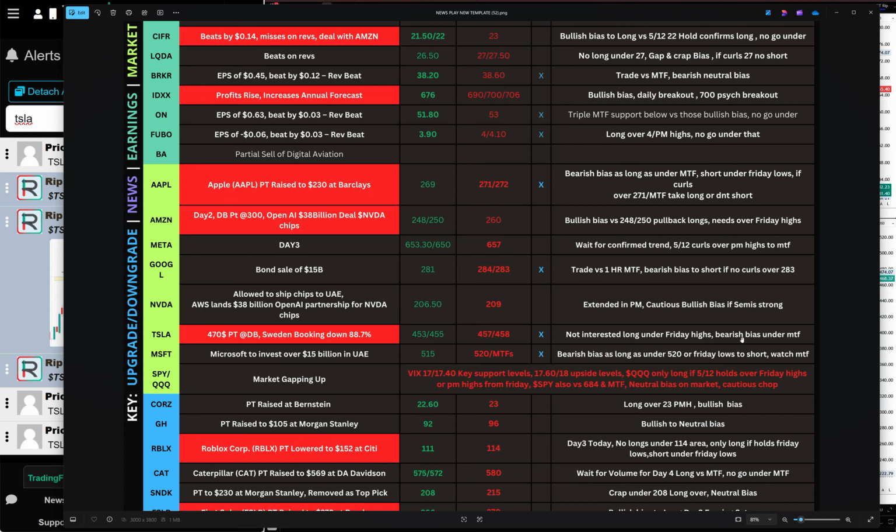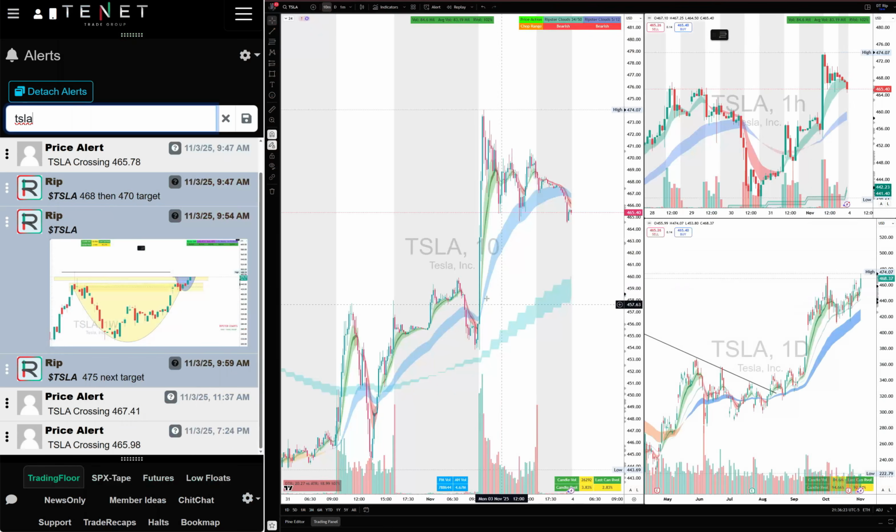Tesla, not interested under Friday highs. So as soon as it pushes over the Friday highs, you take it long. There's always look at flow. When I was on voice, I kept telling the traders a lot of flow coming in, a lot of flow coming in. And it also has this weekly flag setup. So the levels at 470, the next target I gave was 475. We did not really hit the 475, but it had moved 100% ATR by that time. When something moves 100% ATR, you have to be cautious because it can pull back from that.